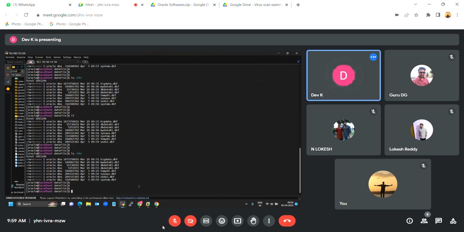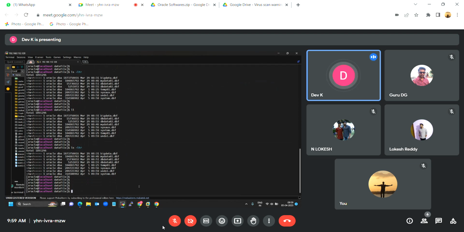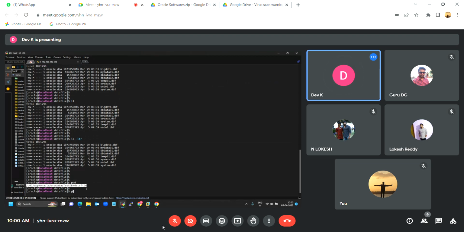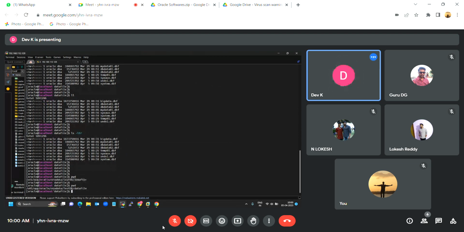This is one command we mostly use. Next, I'm going back. If you want to go back, next is pwd, for present working directory. That means in which directory you are. See, I'm in u01 app oracle oradata testdb datafile. This is my current working directory. Okay, so if you want to know under which directory you are residing, simply type pwd, then it will show this one. So I am in